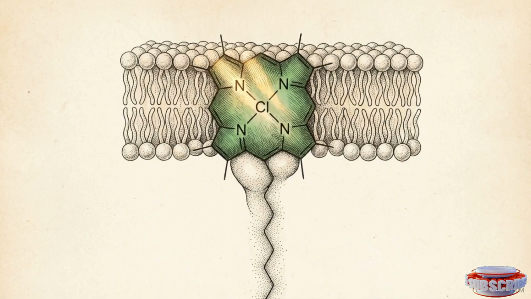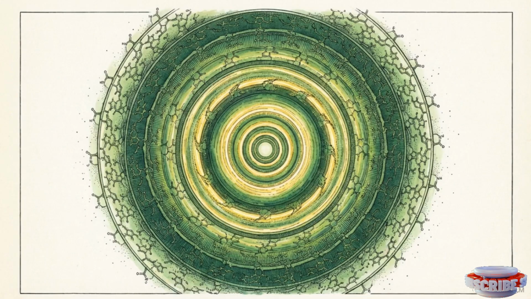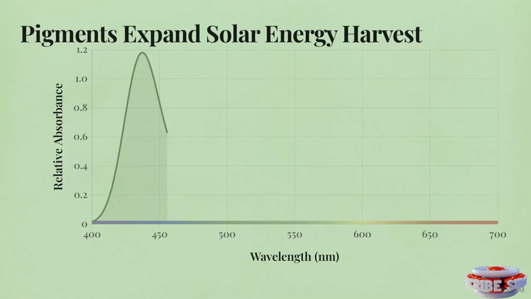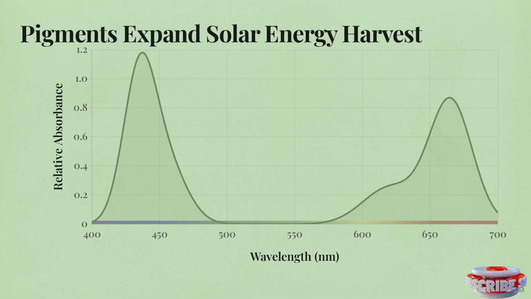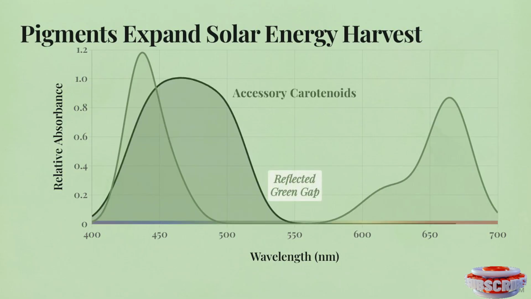Within the thylakoid membrane, chlorophyll molecules utilize porphin rings to capture photons. Chlorophyll A and B are primary antenna pigments, focusing solar energy into the reaction centers. This graph shows these pigments absorb primarily in the blue-violet Soret band and the red Qy band, reflecting green wavelengths. Carotenoids act as accessory pigments to broaden usable light, absorbing 400 to 500 nanometer blue-green photons and transferring the energy